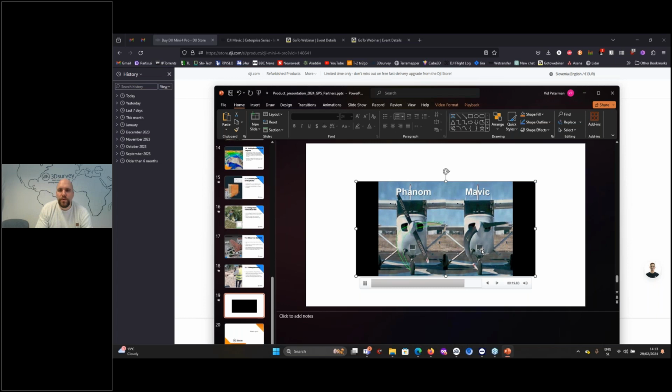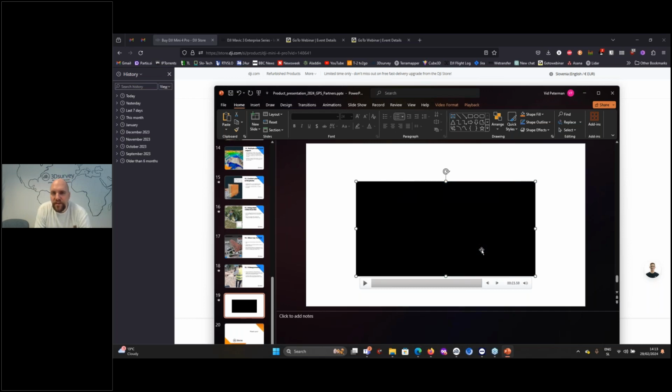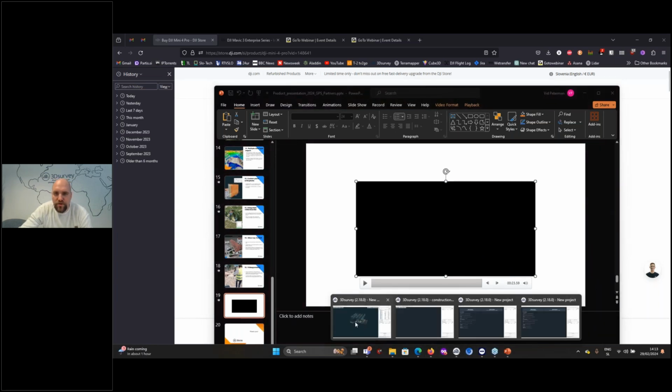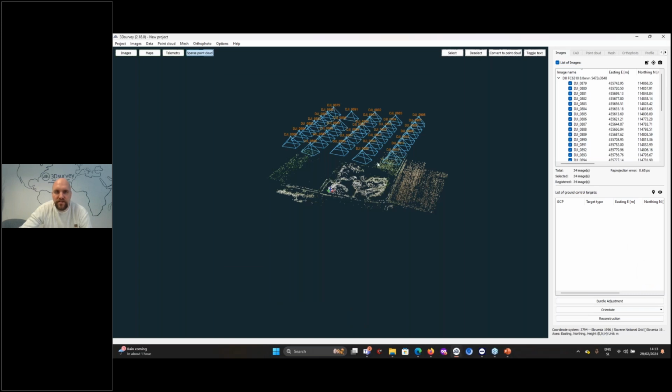So if we have a rolling shutter camera, that means for each picture in our model, we also have to calculate how fast the drone was moving in order to eliminate this rolling shutter effect.